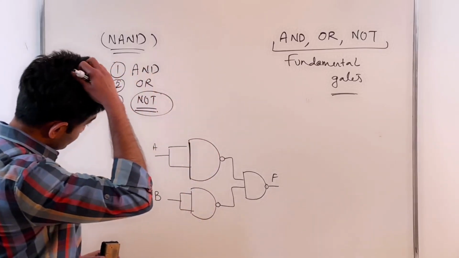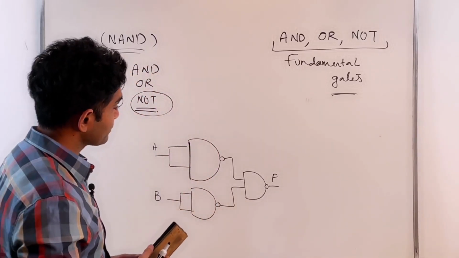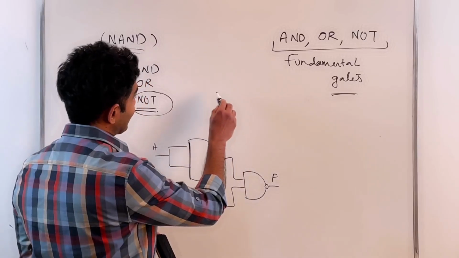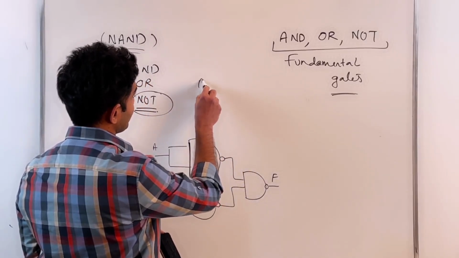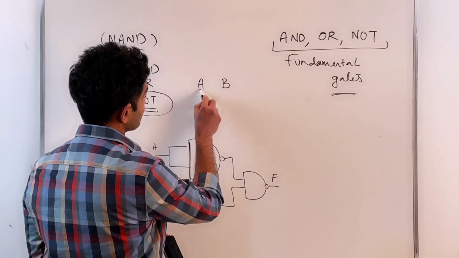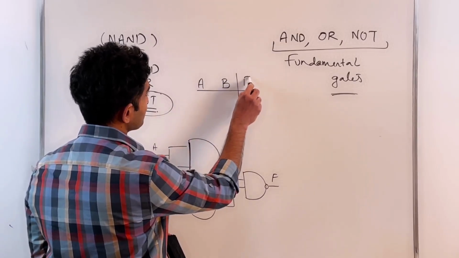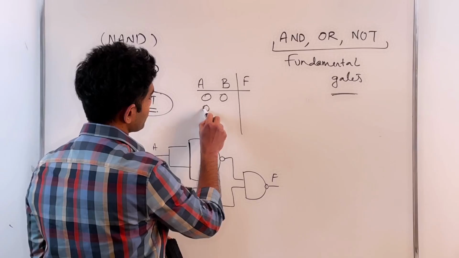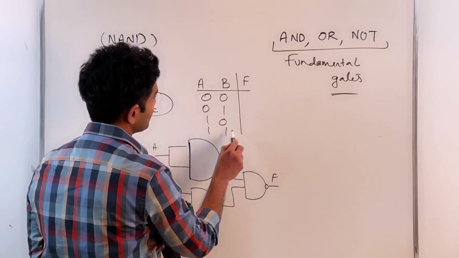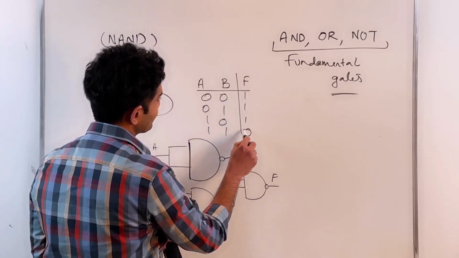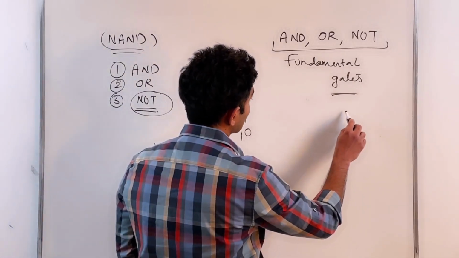All right. Now again, going back to the fundamentals, the truth table for a NAND gate is, if I have A and B applied: 0, 0, 0, 1, 1, 0, 1, 1. The output is 1, 1, 1, 0. That's the NAND gate. The truth table for a NOR gate,